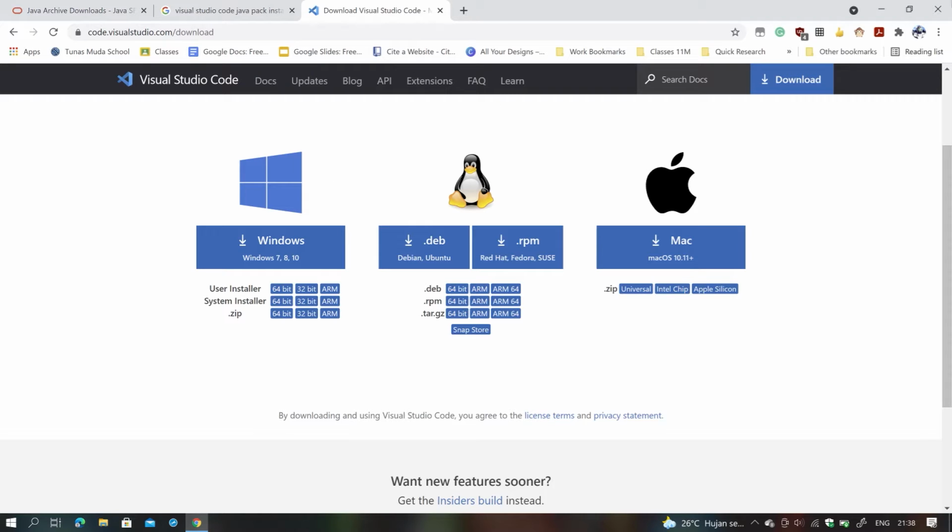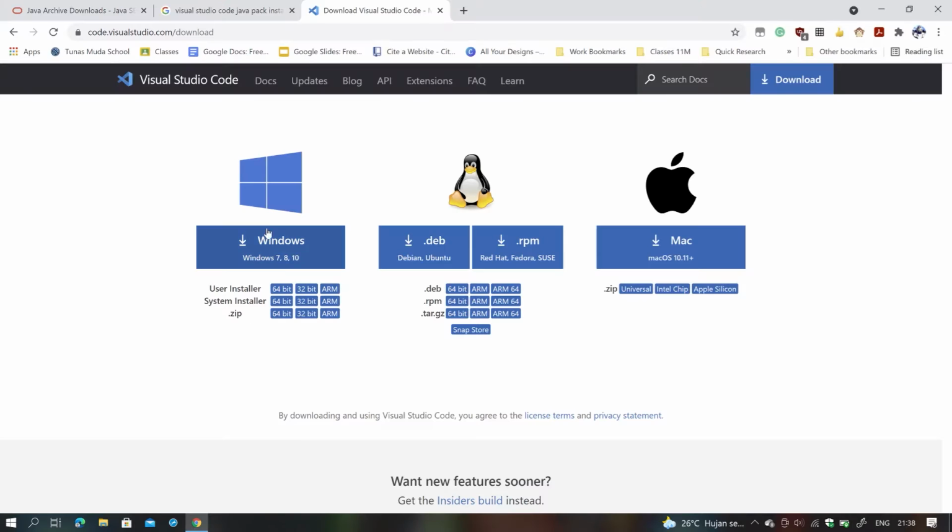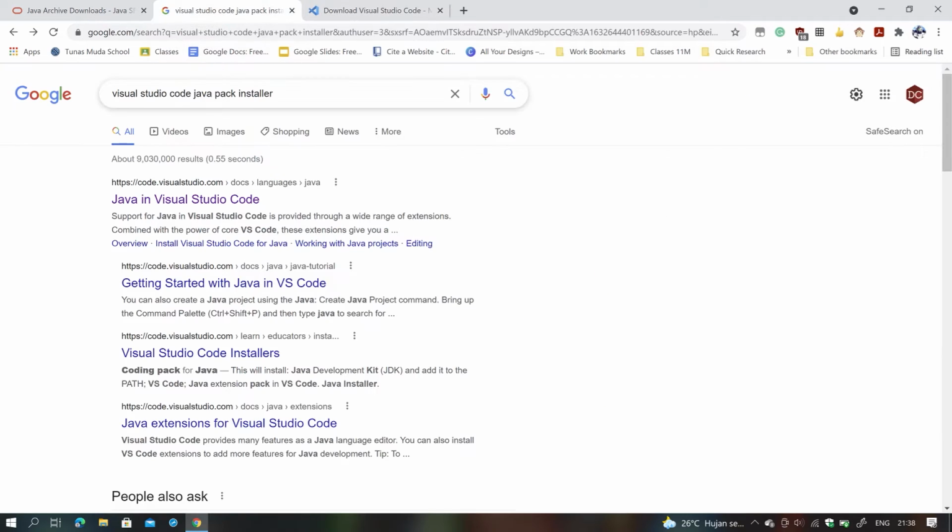And then once we have Visual Studio Code, of course, inside of Visual Studio Code, we have nothing prepared yet, or no extensions are downloaded yet. And that is where we need to download a Java Pack installer. And for the Visual Studio Code Java Pack, you can just search Visual Studio Code Java Pack installer and click on the first thing that pops up,